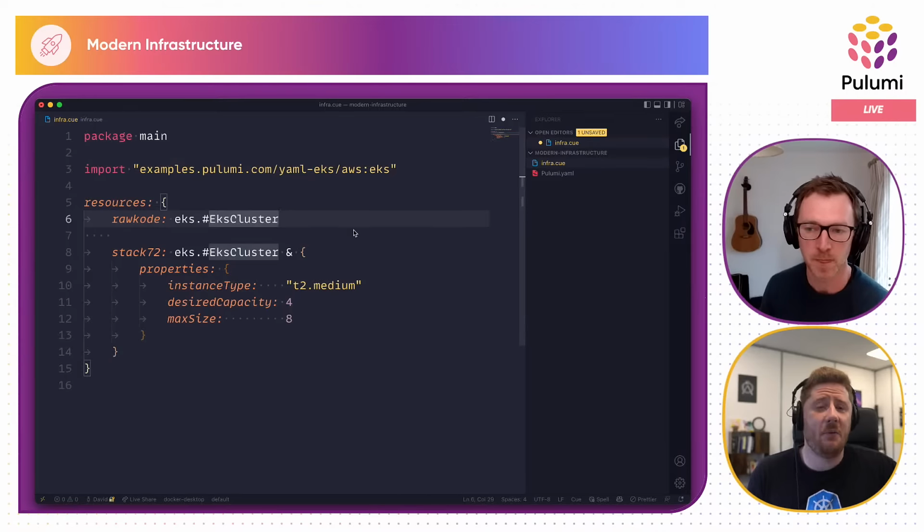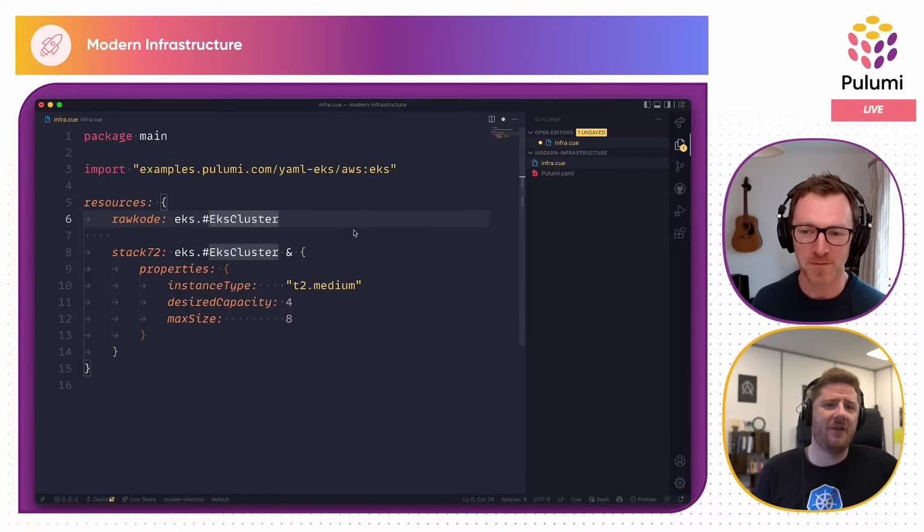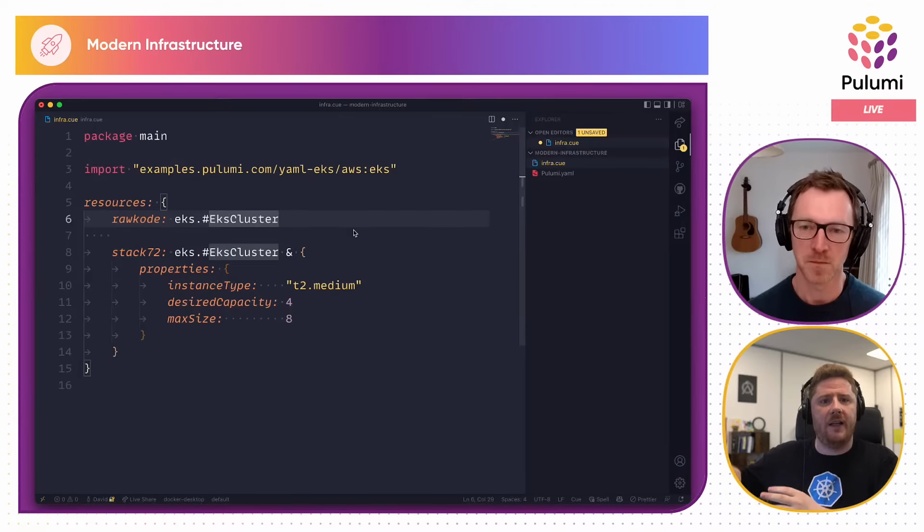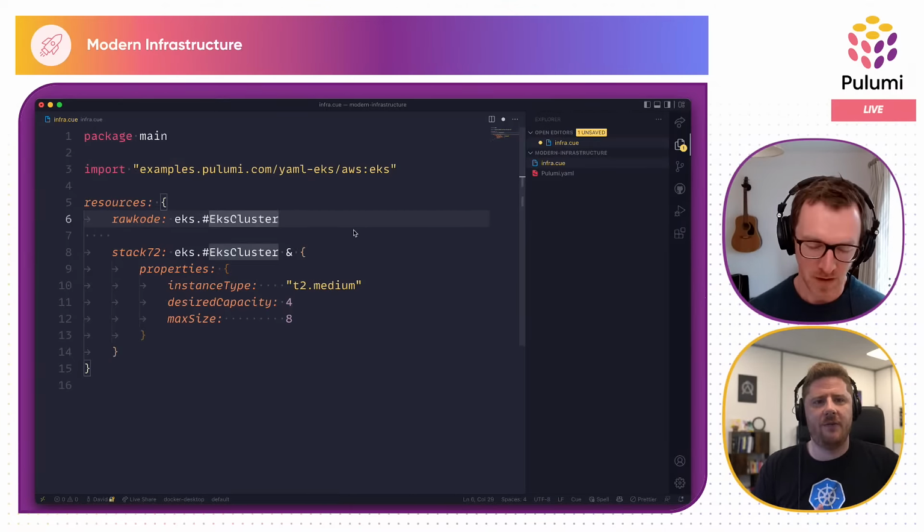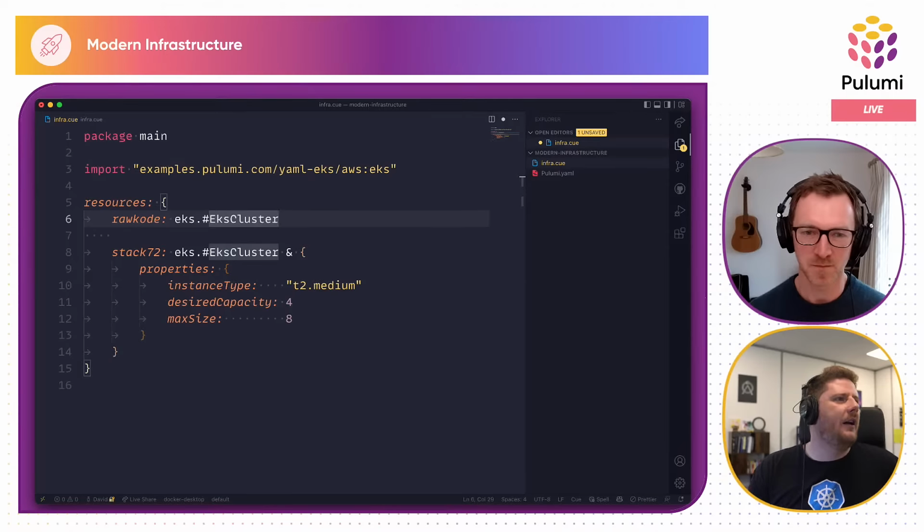Yeah, I'll add one thing that you missed: by using the definition, the constraints are really cool, of course, but the defaulting as well. I actually wanted to provide a whole bunch of defaults for an EKS cluster that can be overridden, but they're not a default in the AWS API, so we can make them a default in our definition. Excellent point. Yep. We have a question, so let's pop that on the screen.